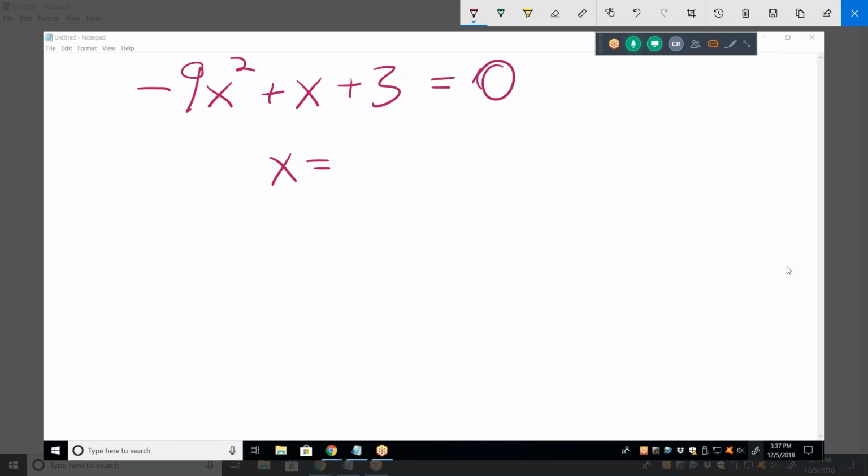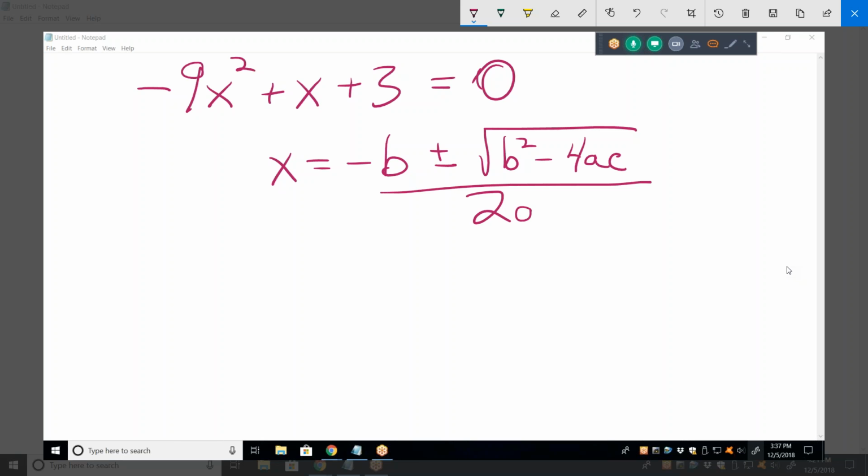It's negative b plus or minus the square root of b squared minus 4ac over 2a. Very good. I told you you'd have it memorized. Okay, now plug it in. So minus 1 plus or minus the square root of 1 minus 4 times